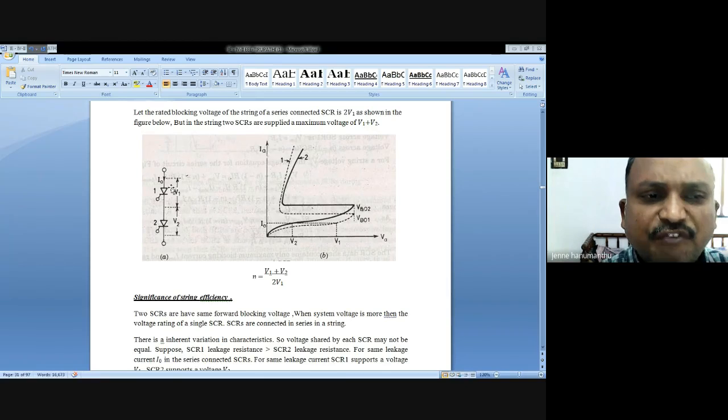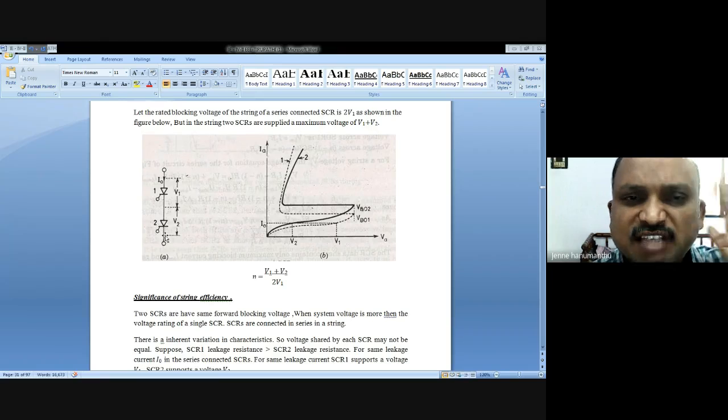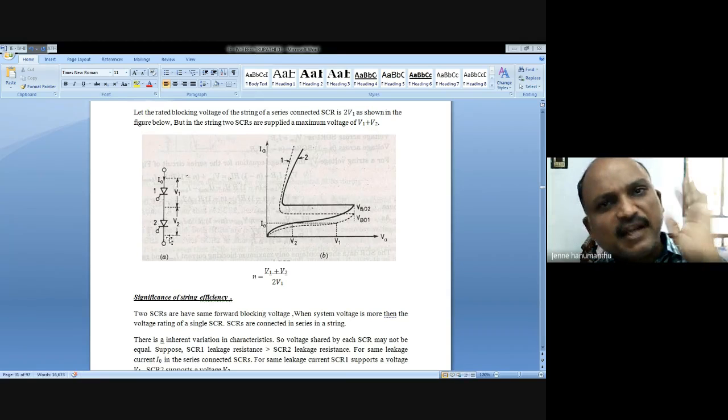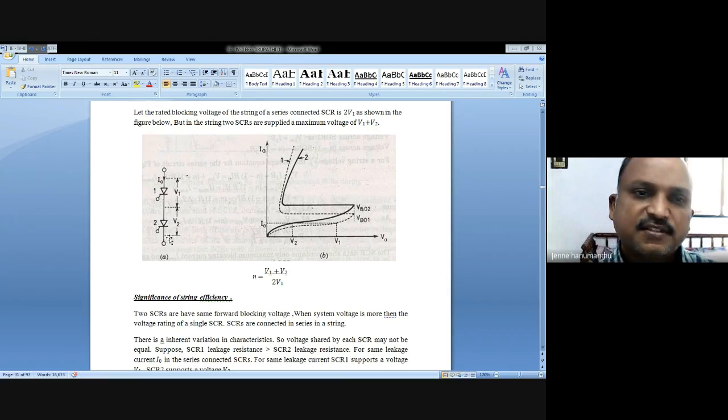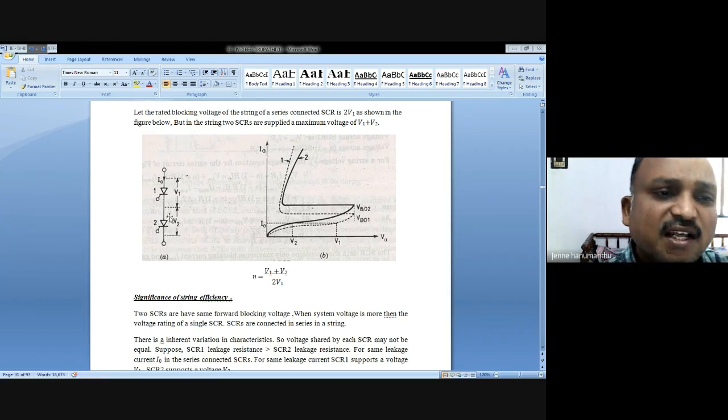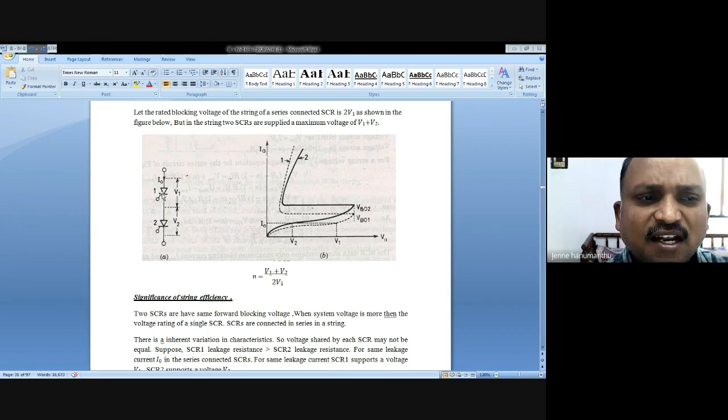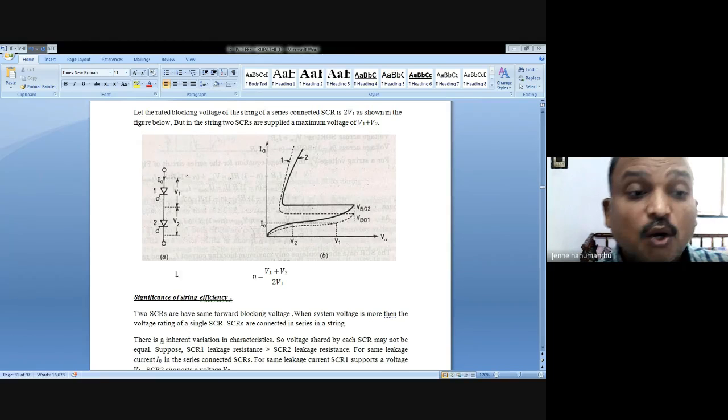Okay. So if you want to get more and more voltage, the general condition is thyristor 1 and 2 are of the same rating, same construction, same operation parameters. If they are equal in all the way, we can definitely get the drop across this and this equal. So the drop should be increased. If the thyristors in operation are unequal, you may get less dropping voltage.